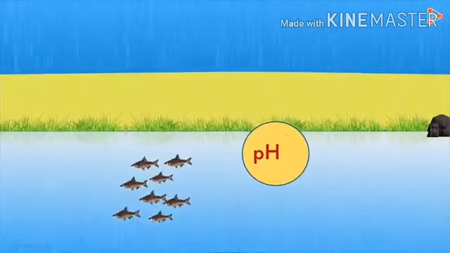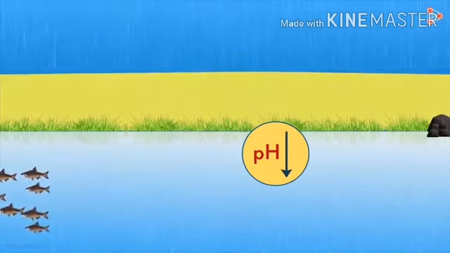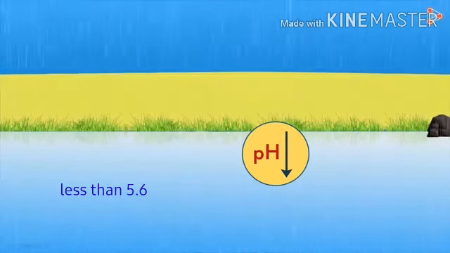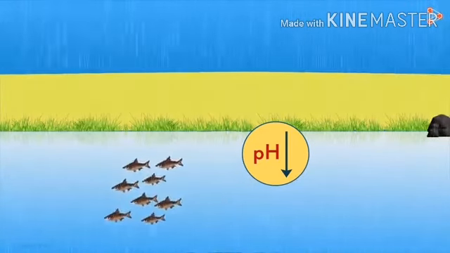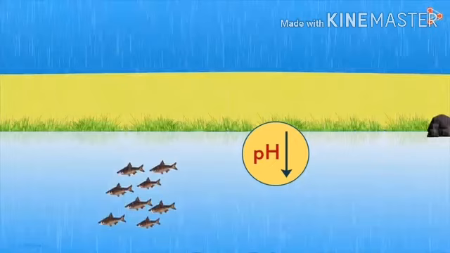So you know that rainwater is there. If the pH of the rainwater becomes less than 5.6, then we call it acid rain. When this acid rain flows into the rivers, what will happen? It will lower the pH of the river water also. And what will happen to the aquatic life? The survival of the aquatic life in such rivers will become very difficult.